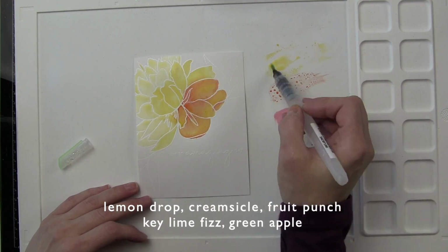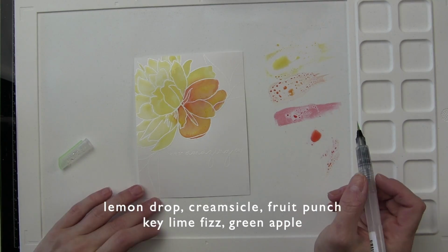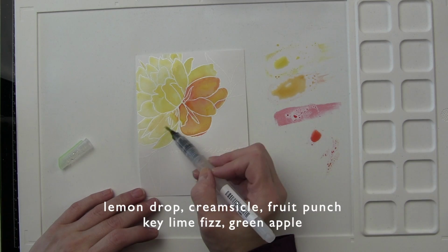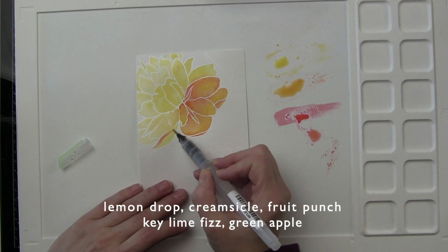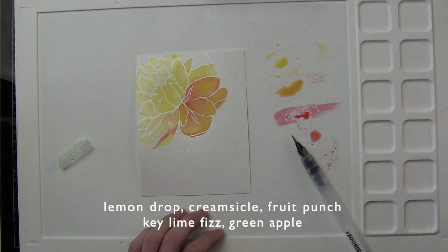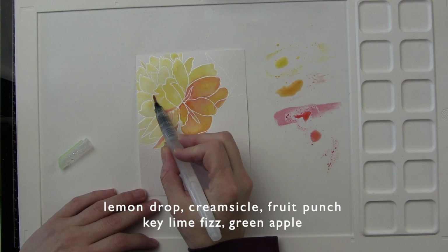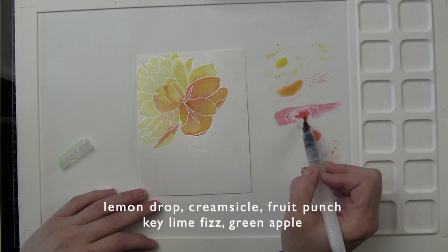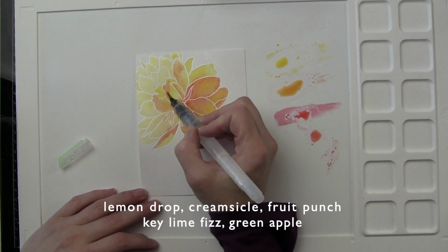I'm a huge fan of adding blue to the background for any kind of card that is stamped like this. Not always blue, other colors will work as well, but blue is one of my very favorites, especially a blue like the Pool Party that we'll be using. Now that I have added in my color, that yellow Lemon Drop color,